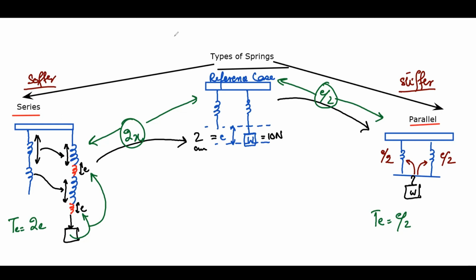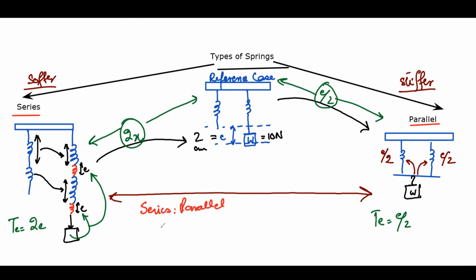Okay, so one last question before we conclude the lesson today. Can you make a comparison between series and parallel? How far away are they in terms of stretch? How much more does the series combination stretch than the stiffer combination? It's like comparing 2E with E by 2. When we compare them mathematically, can we say that we're supposed to take a ratio? So series spring ratio parallel spring: this one stretches 2E, this one stretches E by 2. If I cancel out the E and take this 2 over there, this becomes 4 ratio 1. So my series combination stretches 4 times